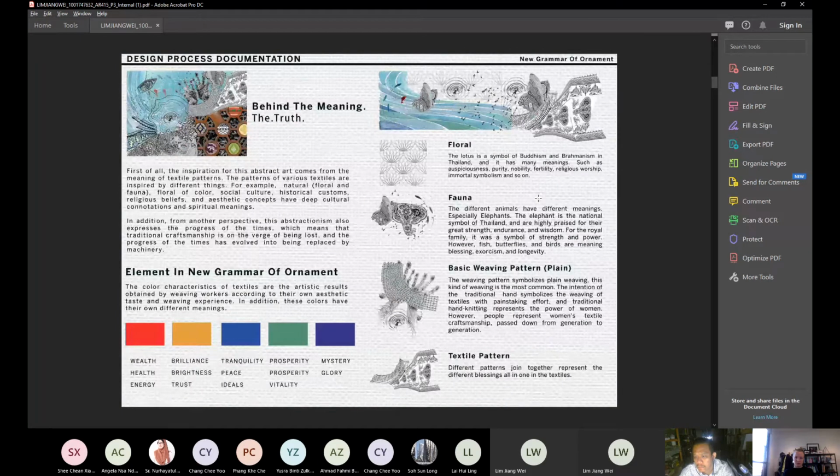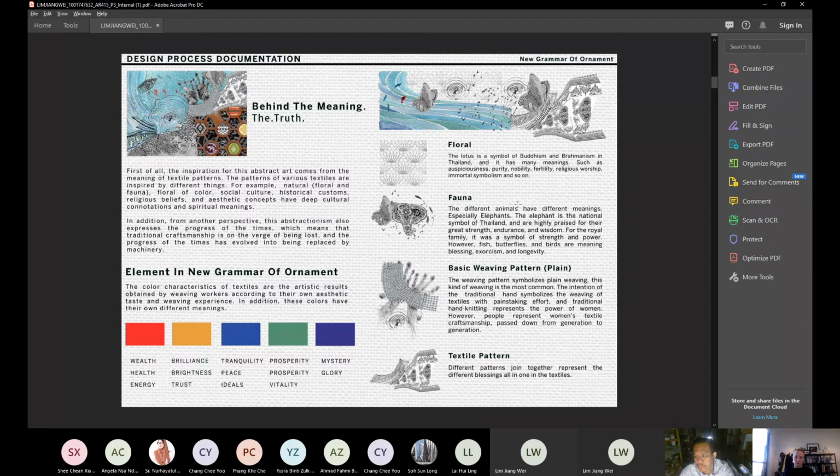It also brings many meanings, such as purity, nobility, fertility, religion, worship, immortal symbolism, and so on. For the fauna, different animals have different meanings.